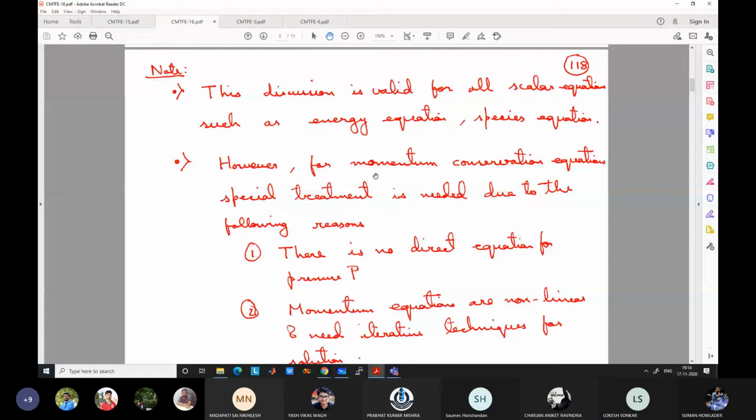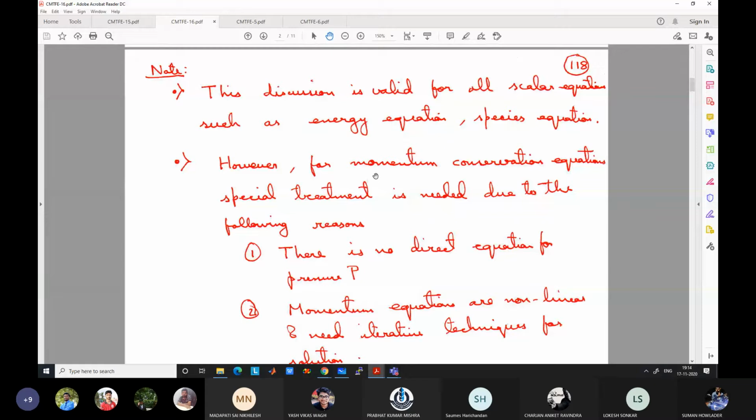So you need another equation for solving P, and that fourth equation comes from the continuity equation. But in the continuity equation, there is no pressure. So somehow you have to use the information present in the continuity equation to bring out an equation for pressure, or to find the pressure, which is not very straightforward. Some complex algorithms are there for that, and that's why we cannot use the formulation that is derived here.